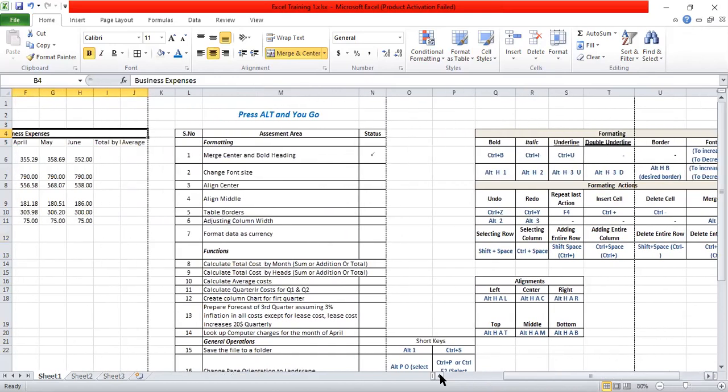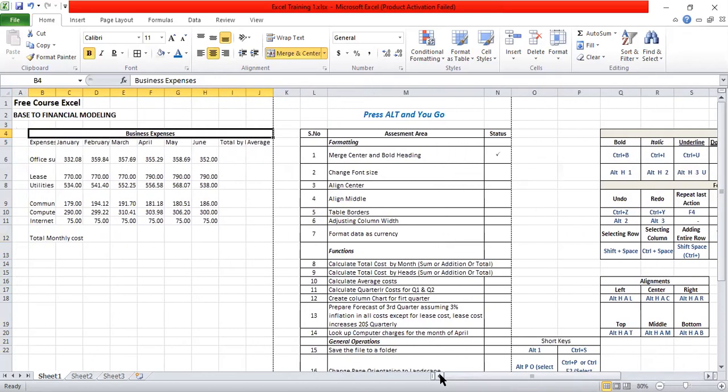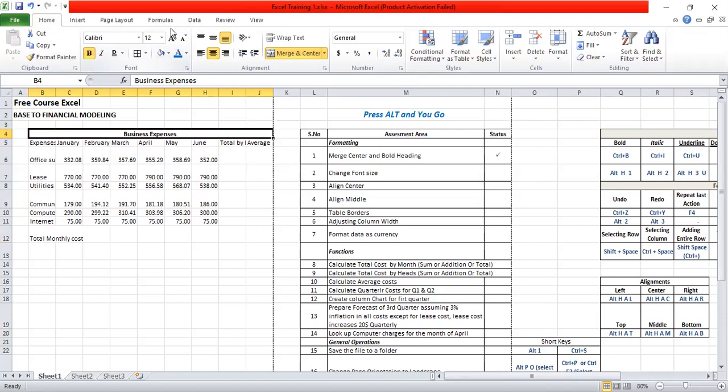or if you don't remember this shortcut, you can simply press Alt, press H because it's in the home tab, and press FG to increase the size by 1. FG. And in order to increase further, you can repeat this action, or you can simply come to the font size cell and manually punch the size